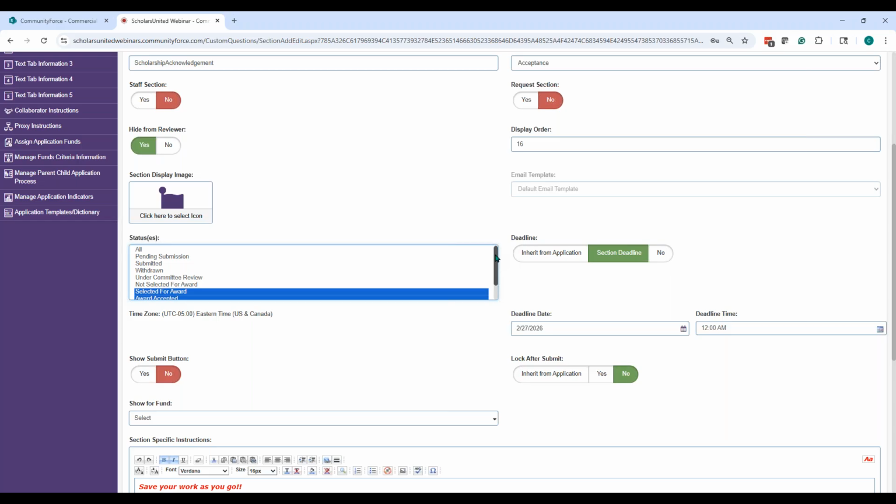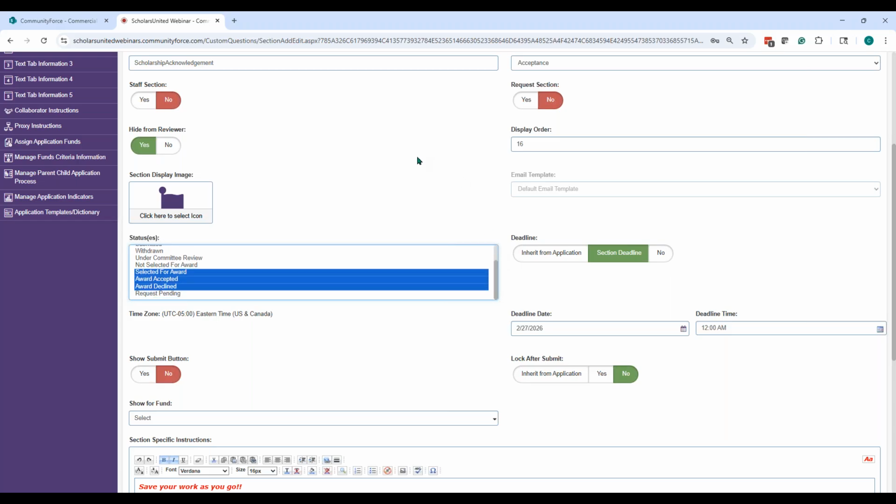So this is where I set the status and tell the system only my applicants that have been selected for an award, or accepted or declined the award, because this is the award acceptance section. Even if they declined it, I might want this to stay on their dashboard, so I keep declined there. Only applicants with those statuses are going to see this specific section.